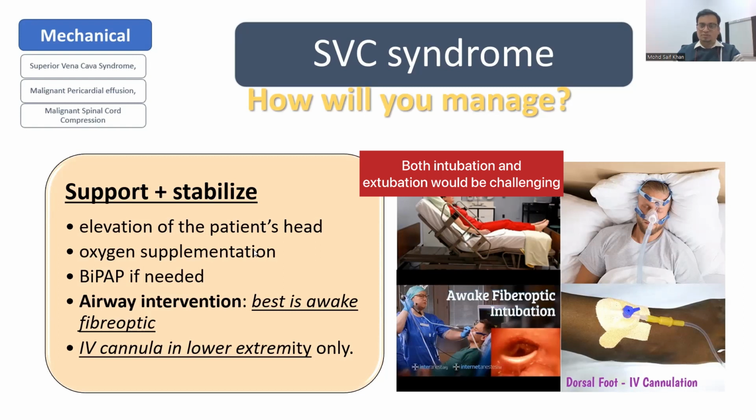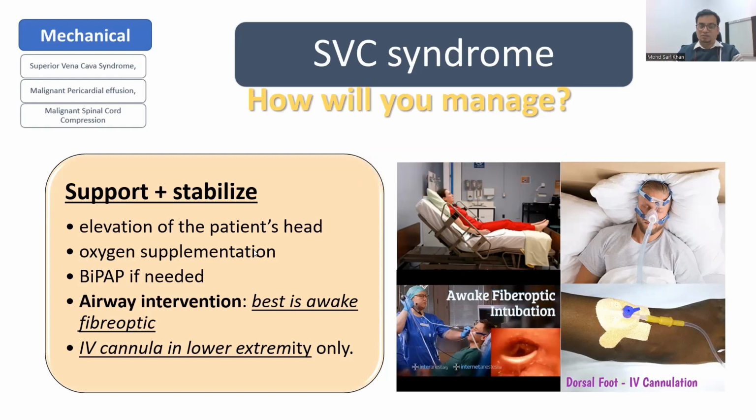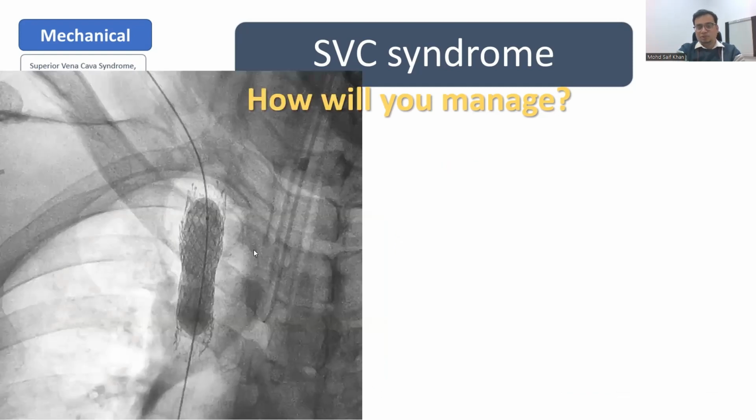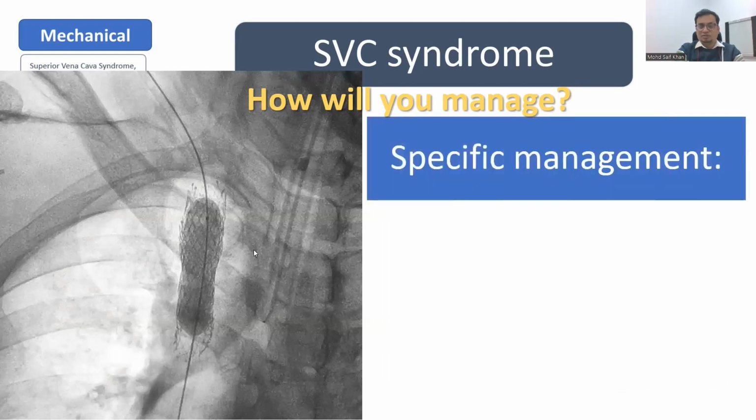And one important thing to be aware of is that the cannula should be placed in the lower extremity only, and spare the upper extremity, because if the cannula gets dislodged, it would be very difficult to find out whether it is due to the cannula or it is due to just upper SVC. So, apart from supportive and emergency management, we need to perform specific or definitive management, and in that, the